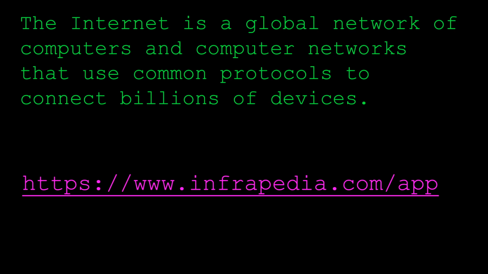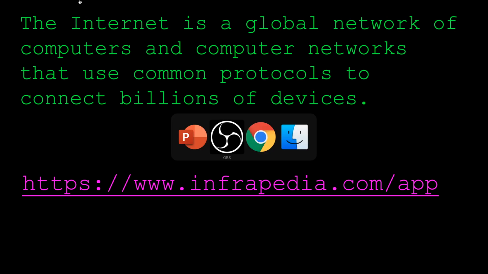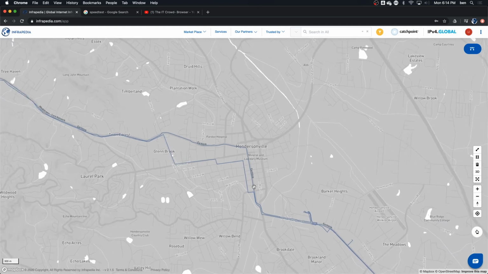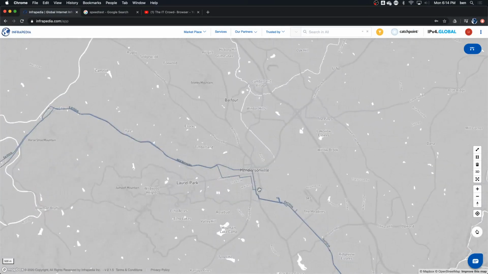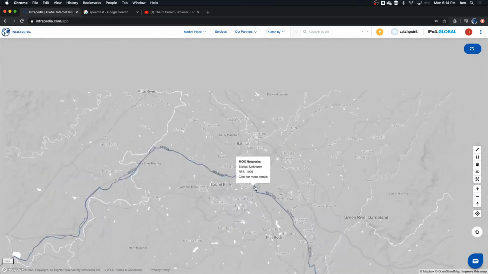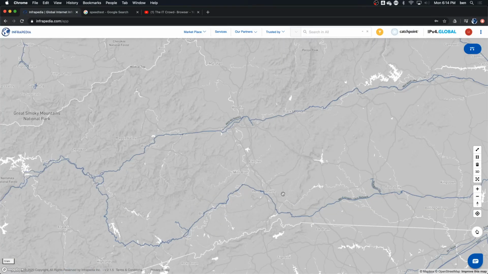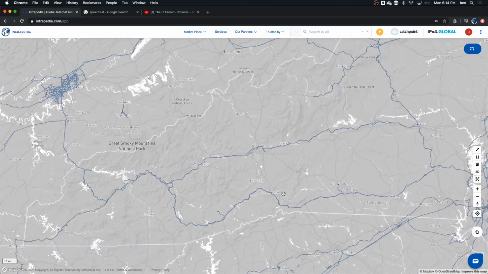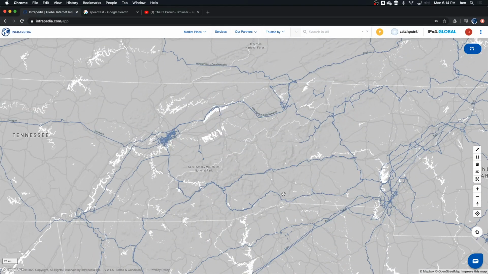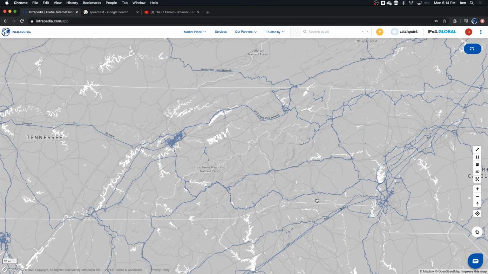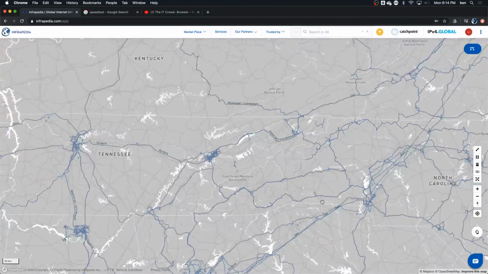Let me show you a fantastic graphic here. This is from Infopedia.com. This website is a map of the entire backbone of the internet. Okay, and so you really begin to see how cities are connected with the internet, like a massive, well, we call it an information superhighway. It's literally like an interstate system or something.